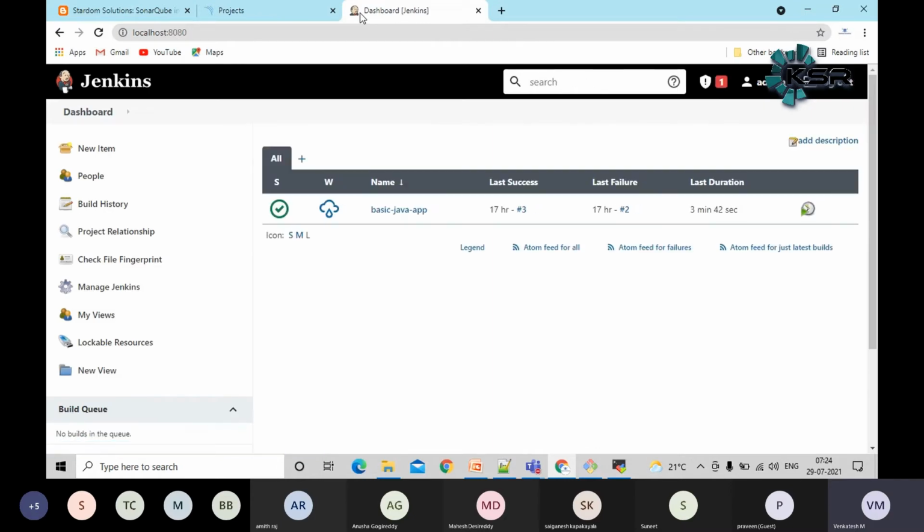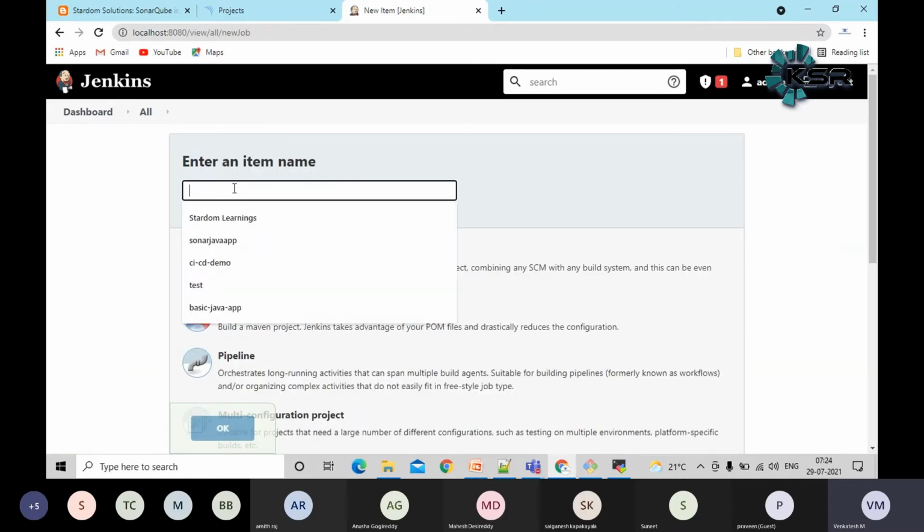Jenkins is already installed in the same virtual machine. Yesterday I created a sample Maven job, right? Just like that, let's create a new Maven job, guys. How do you create a job? Log into Jenkins, click on New Item, then give some name, say like Base